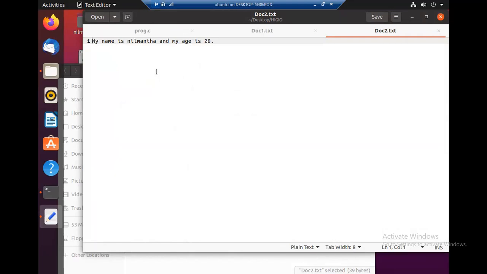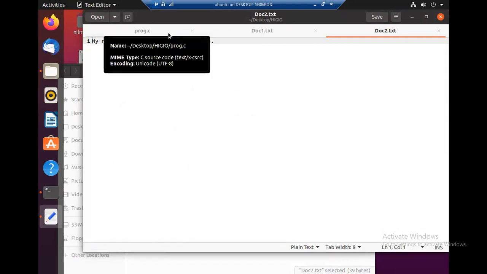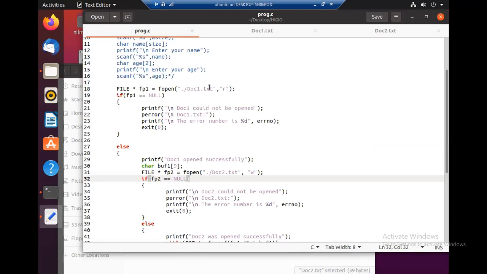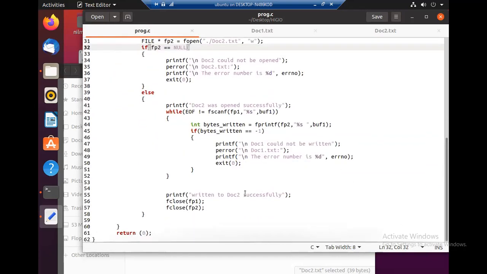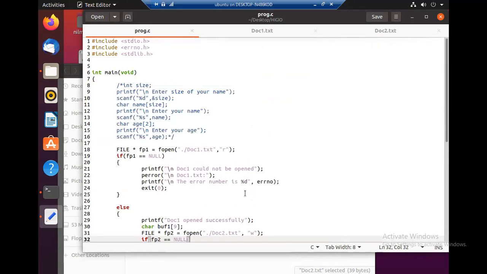That means document1 has now been successfully copied to document2. So we have now implemented the copy function using high-level input-output.